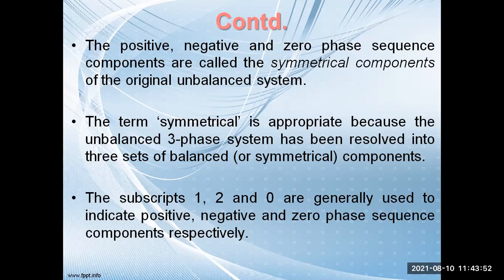So in that case, we need to understand that this unsymmetrical voltage and current can be decomposed into three components. One is the positive sequence, another is the negative sequence, another is the zero sequence. So these are basically the three pillars of the unsymmetrical fault. This unsymmetrical fault component, current or voltage, is composed of three components: the positive sequence, the negative sequence, and the zero sequence. These things should be clear to you. And what are this positive, negative, and zero phase sequence? We'll discuss now in detail.